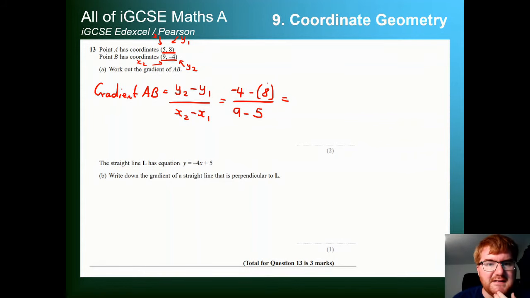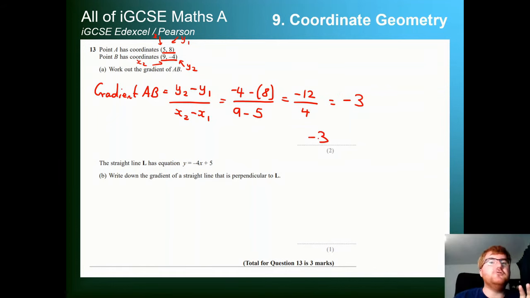Minus 4 minus 8 is equal to minus 12. 9 minus 5 is 4. And that gives us minus 12 divided by 4 is minus 3. Again, you can always draw a sketch to help you with this kind of question, or just use the formula like we've done here. Now, the straight line L, something completely different, has the equation y equals minus 4x plus